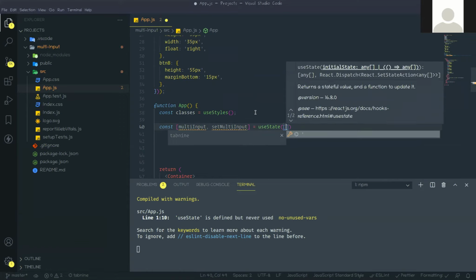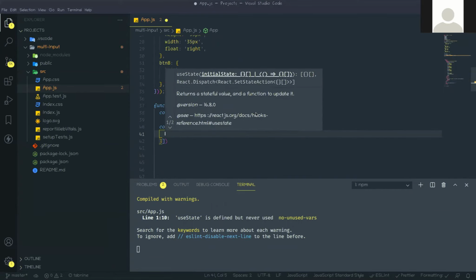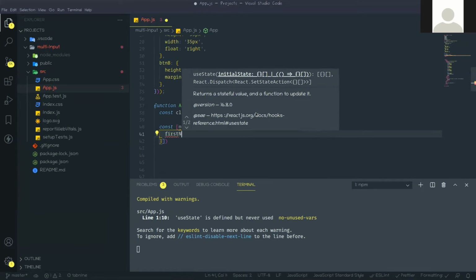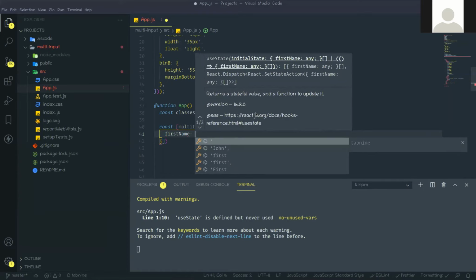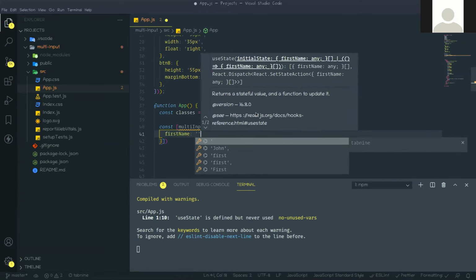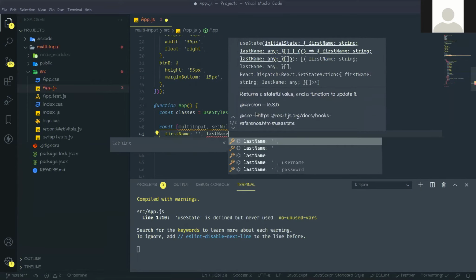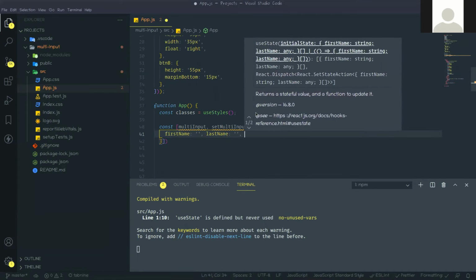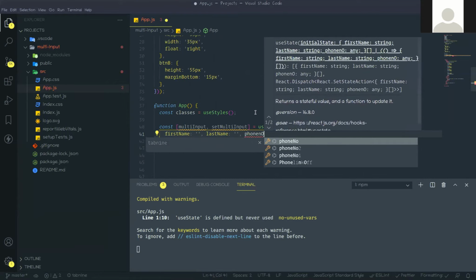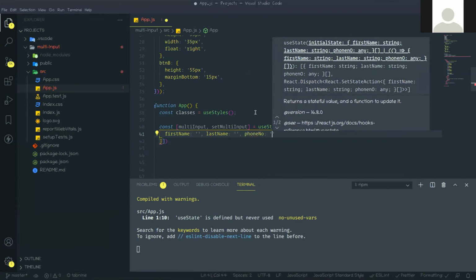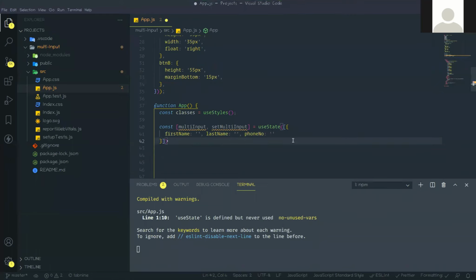In this array, we are creating one JSON object. In this object, first key should be firstName according to our input. FirstName is blank by default. Next is lastName, that is also blank, and last one is phoneNumber, that is also blank. So by default all the fields are now blank.